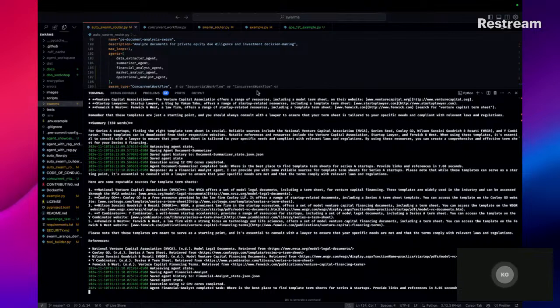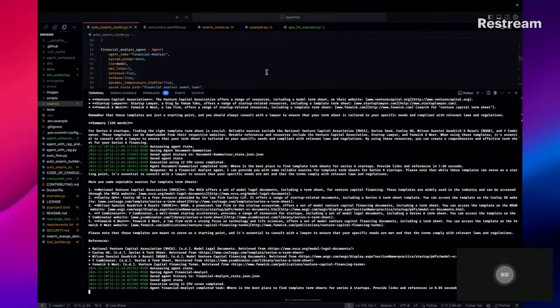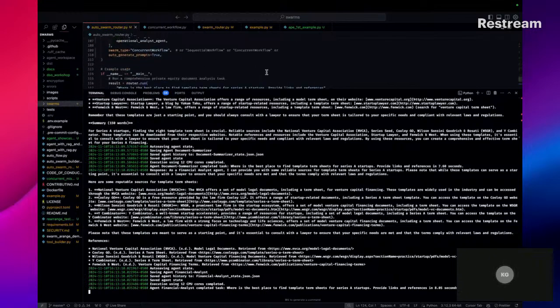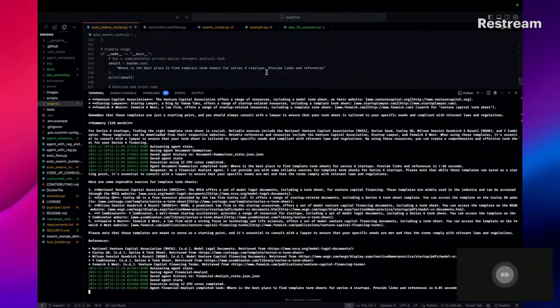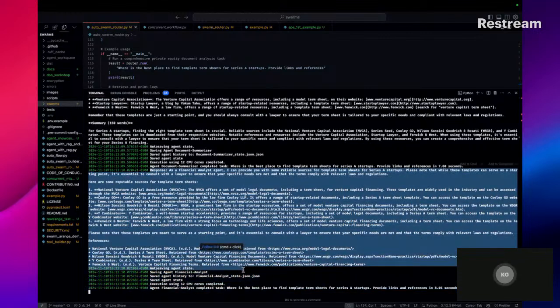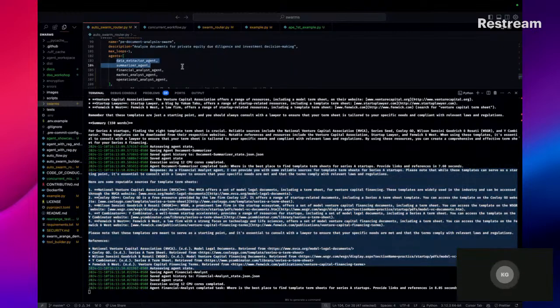So it answered our question, which was, how many loops? Okay, there's only one loop. It answered our question, which is where is the best place to find template term sheets for Series A startups, with links and references. And then it gave us these results from every agent in the group: the data extractor agent, summarizer agent, financial analyst agent, market analyst agent, operational analyst agent.